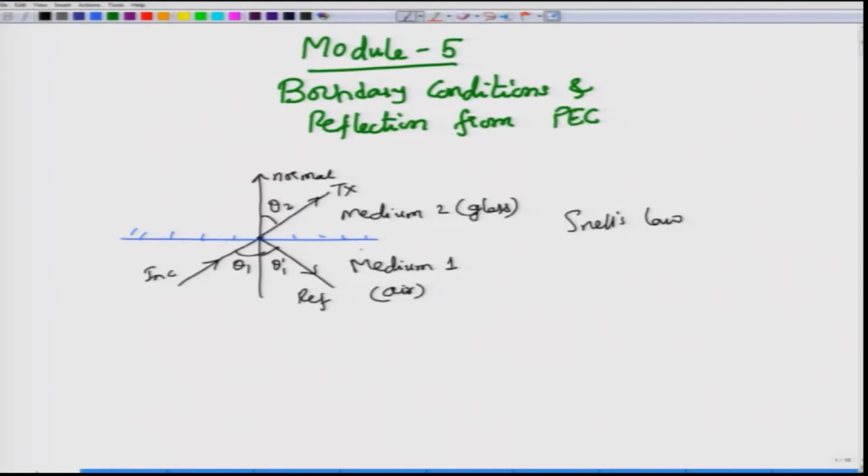These observations are not new, of course, they have been going on for thousands of years, but it was Snell who first formulated some quantitative laws that connect this reflection and refraction phenomenon. He specifically considered the following situation. You have this blue line here indicating the interface between two media. As I showed you, one medium is air, the other medium is glass, for example, or it could be water. I have written glass here, but the same kind of ideas apply everywhere.